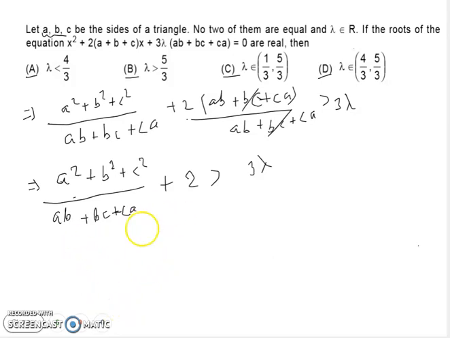boundary condition. So for the boundary condition, you can consider this term is equal to plus 2, right? So after doing the plus 2, guys, this is very simple, right? Okay, so after applying this boundary condition, you can write here this term is equal to 2, right? So you can write here 2 plus 2 is greater than 3 lambda. So that's why we can write here lambda is less than 4 by 3, right? So lambda is always less than 4 by 3.